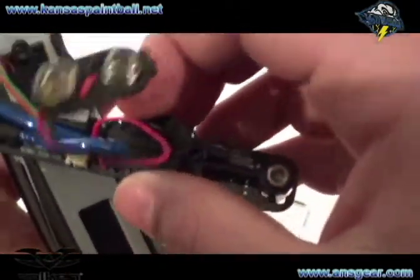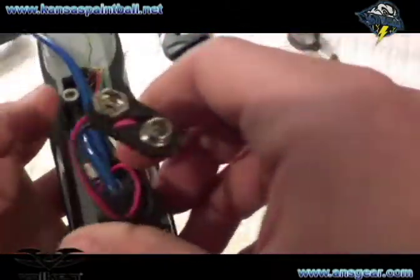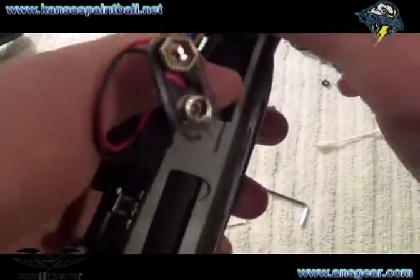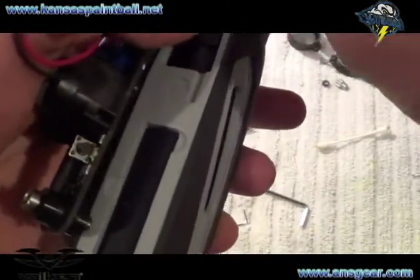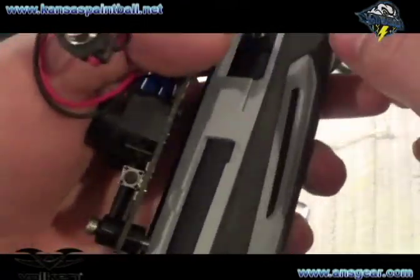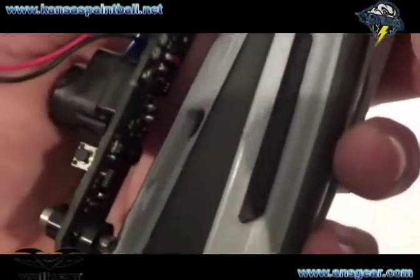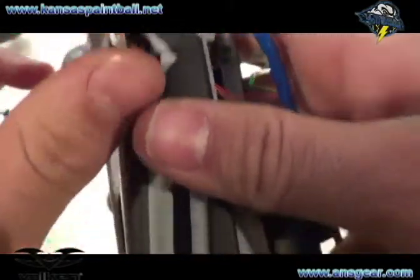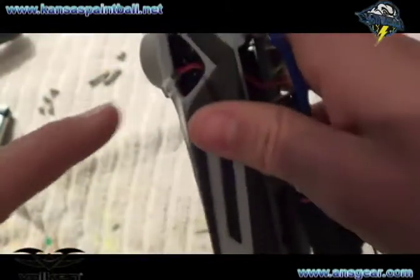But the way that they put these in, they put it in under the hose, which is kind of stupid because it makes it harder to do everything. But yeah, if you can take them out, get them out. If you can't, I mean, you can do it just fine. But alright, so then what you do, there will be a little notch on these, little nib, if you can see that nub, and you want that facing into the gun,